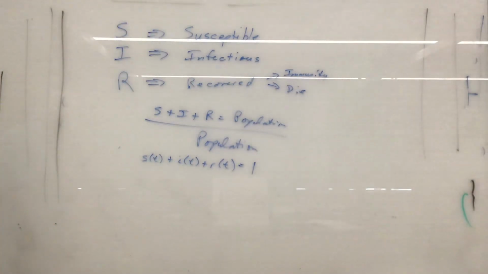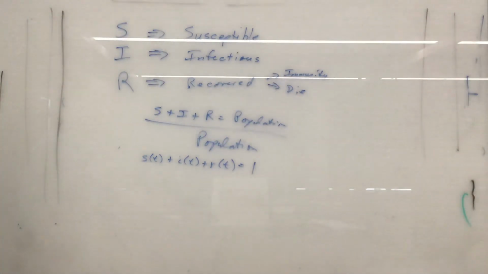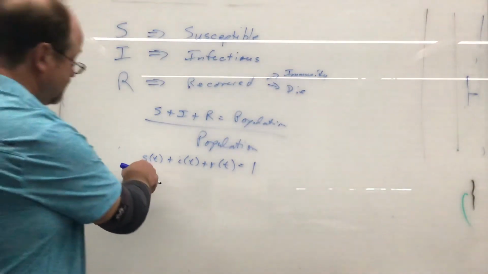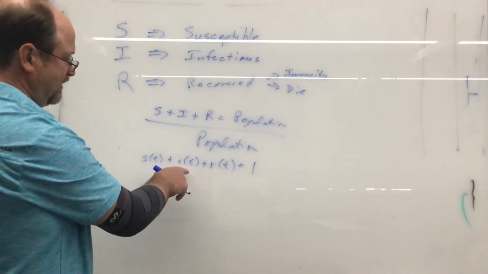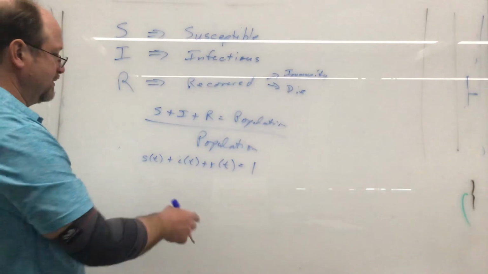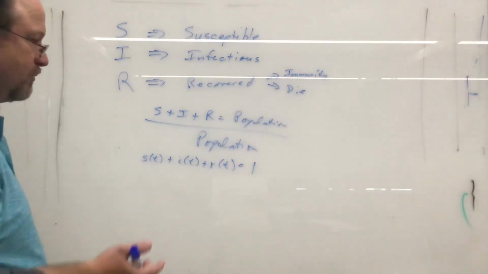With each one of those, what we are talking about is, you know, a decimal. Okay, so initially this will be 100%, so this will be a decimal of 1. This will be a very, very small number. You know, you say there's 1 infected out of 8 million people or whatever. You're basically still at 0, but it's a non-zero term, and r is then the number that recovered.